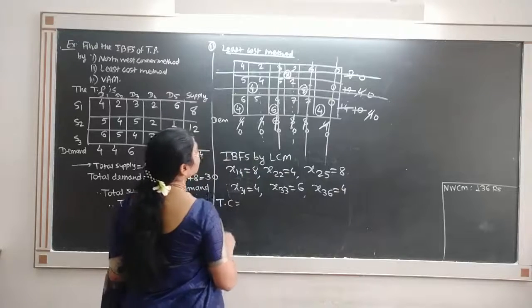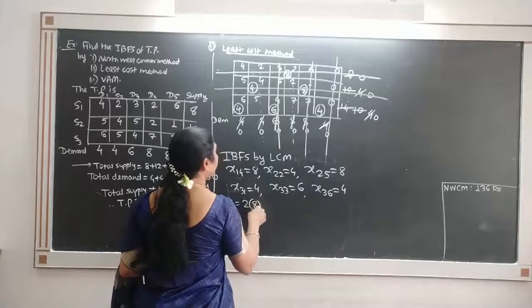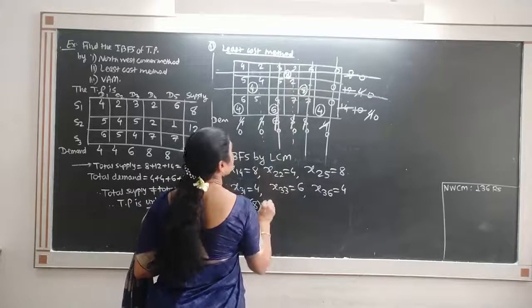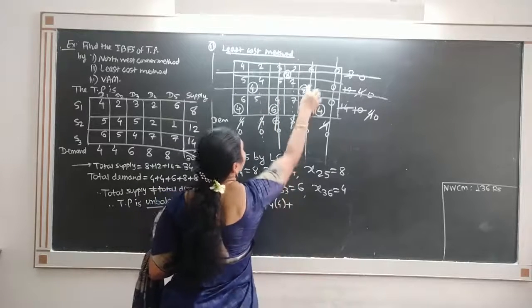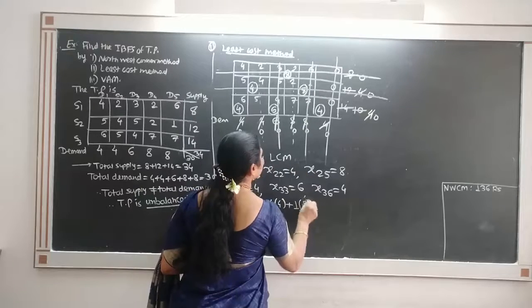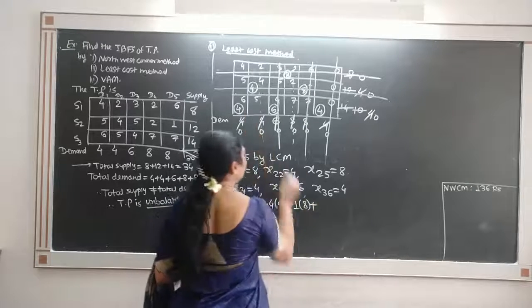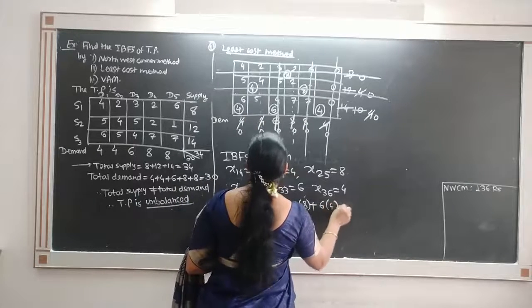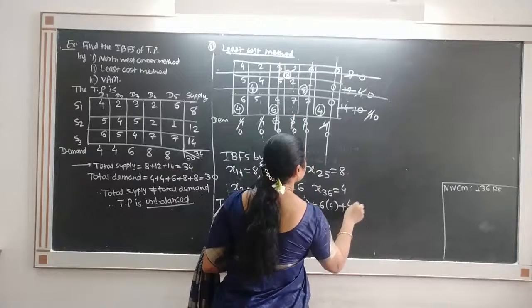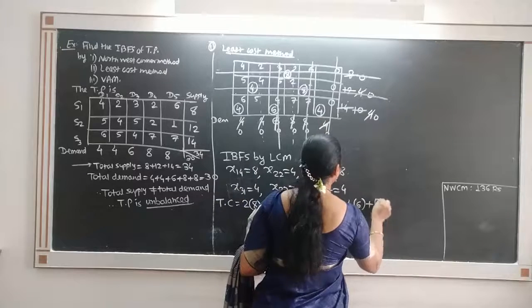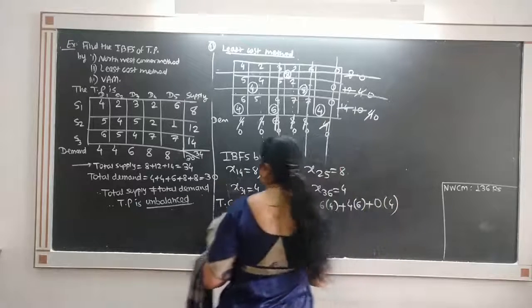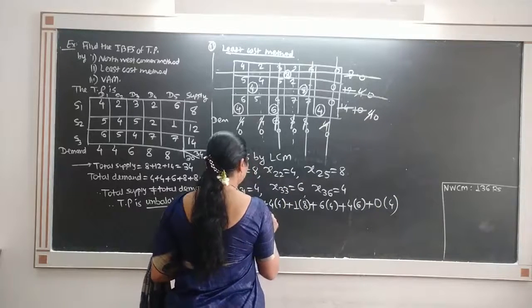The transportation cost is 2 into 8 plus 4 into 4 plus 1 into 8 plus 6 into 4 plus 4 into 6 plus 0 into 4. So this is equal to 16 plus